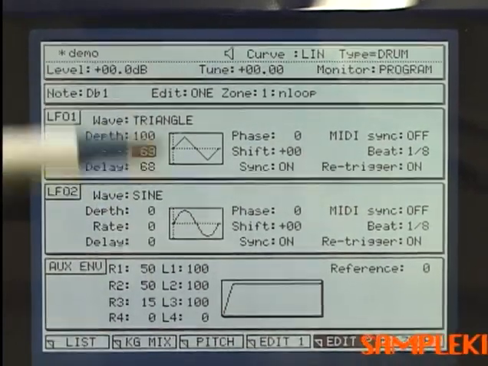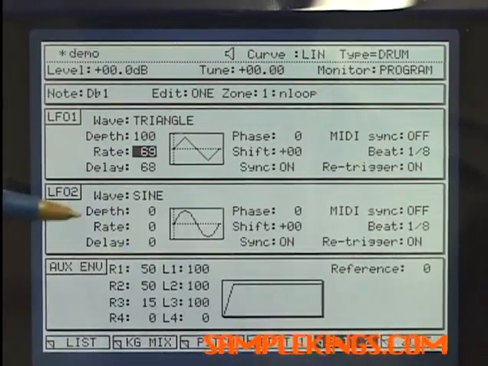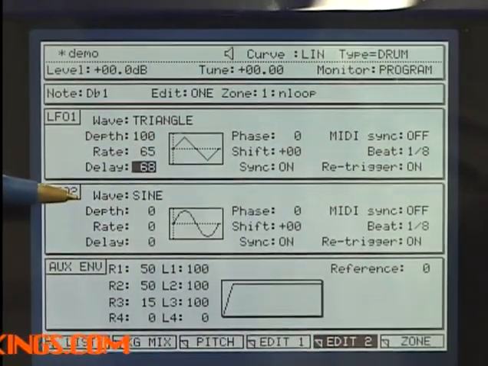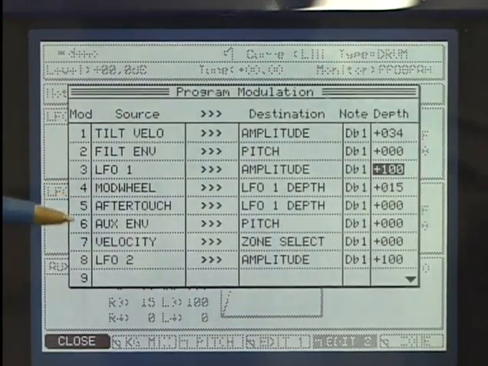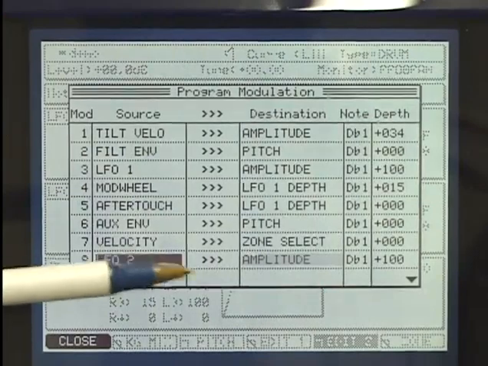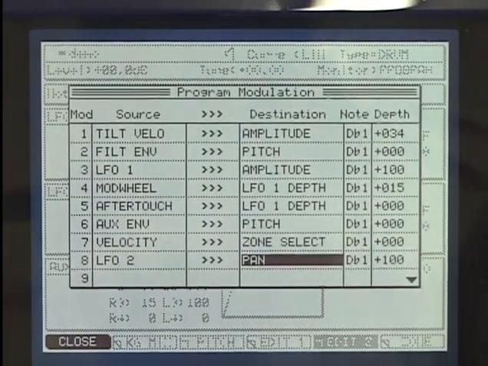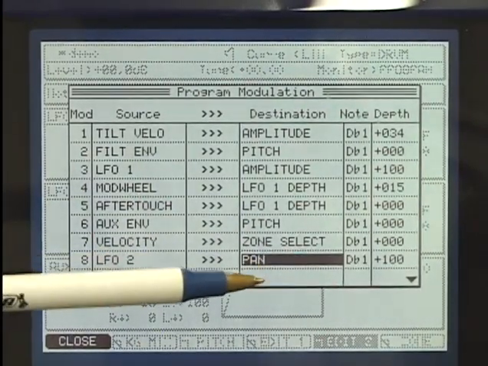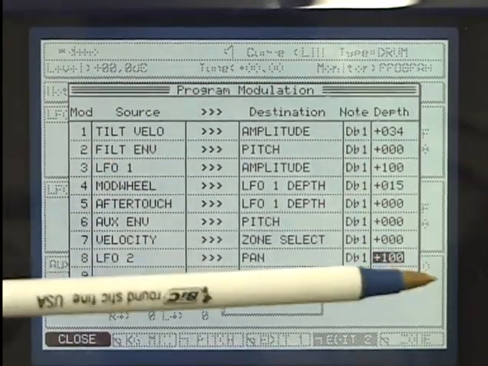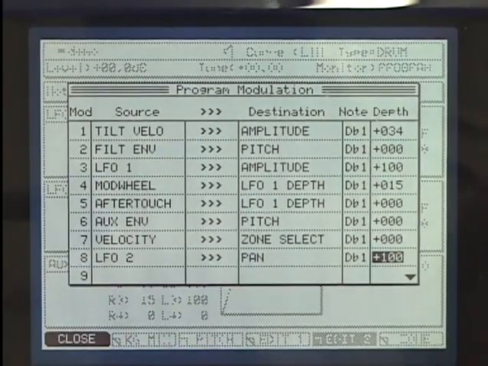Now, we did that with this LFO. We'll do the second LFO, which is low frequency oscillation 2. We'll go back to our open window, and we're going to assign this LFO here. Instead of being amplification, we may want to go to pan. So that effect will be panning back and forth. We want to set our depth over here also, which you can see is 100 already. Now we'll close that window,